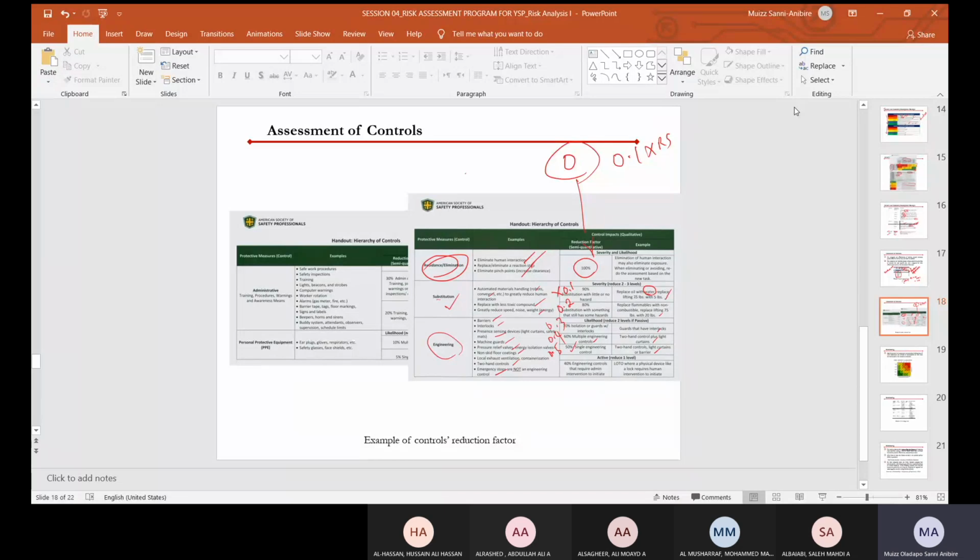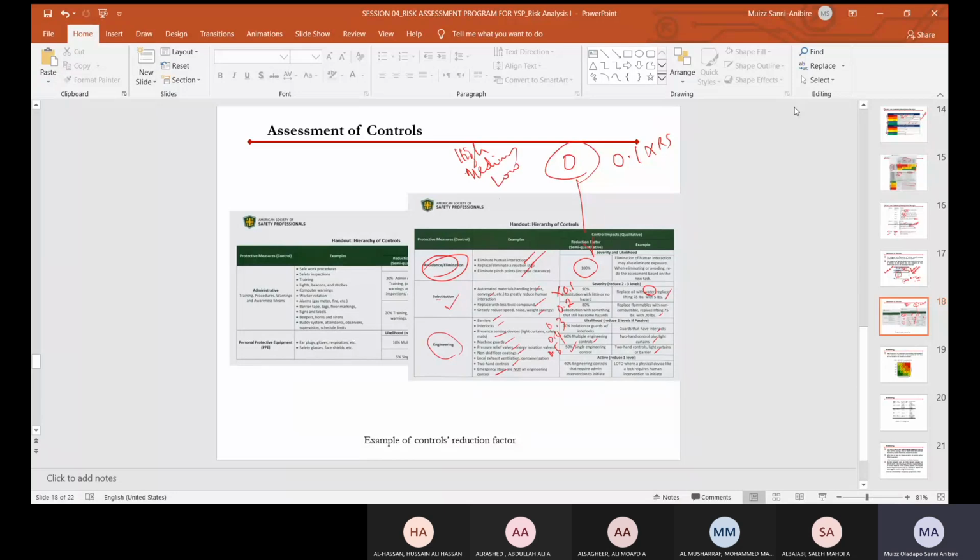Also, you can see here, active, reduce 1 level. Now, this here is the likelihood, and here you reduce the severity. What it means when I say reduce severity by 1 level is that if you're using qualitative risk assessment, where your severity is, let's say, high, reducing by 2 to 3 levels means you can bring your severity down. Now, this is just the severity, not the likelihood. You can bring your severity down to, if the next level is high, medium,